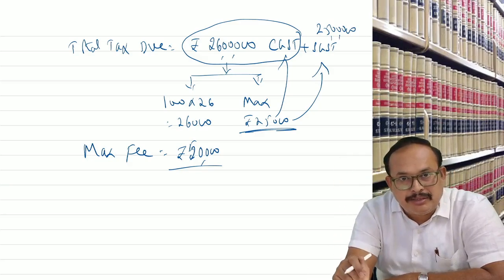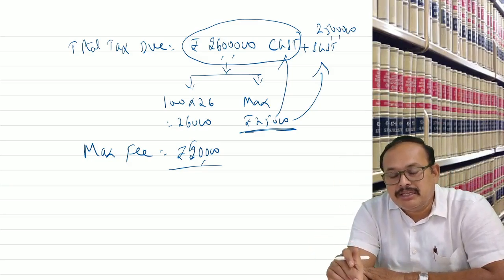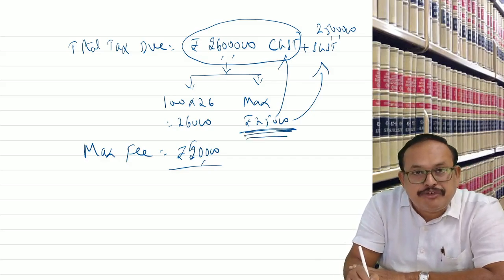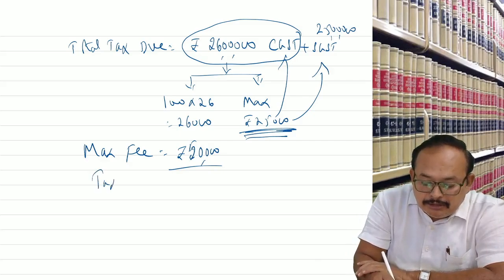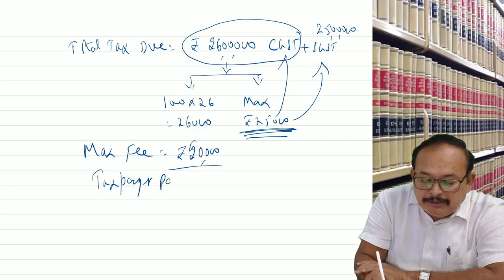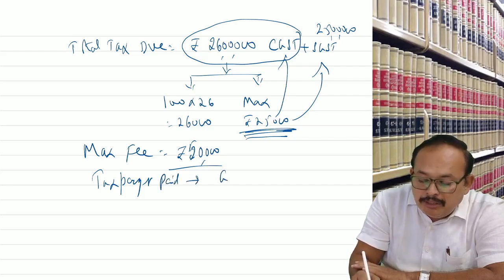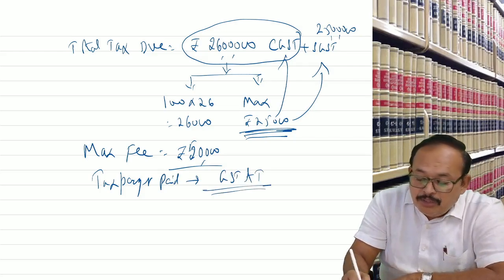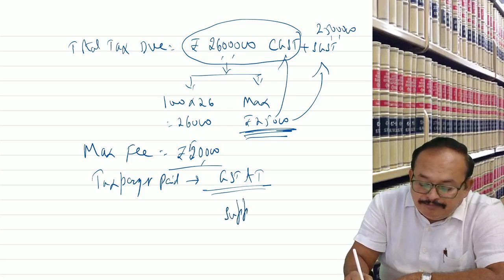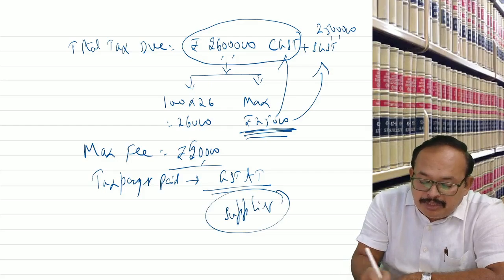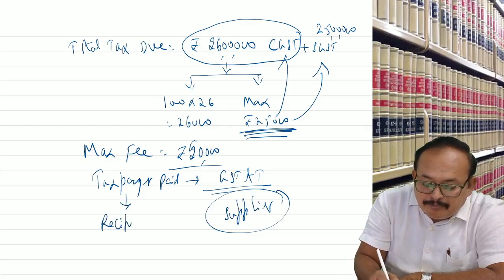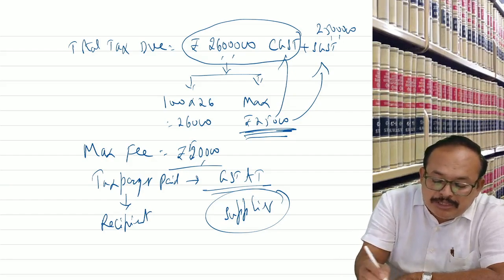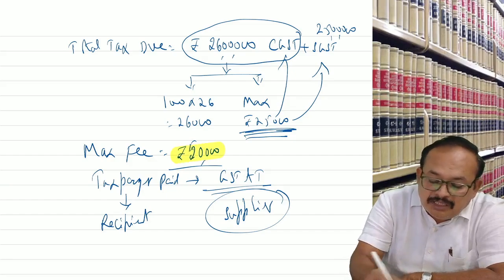50 lakhs of total tax demand, CGST and SGST together. In that case, as per the CGST, 25,000 maximum amount. As per SGST, maximum amount 25,000, which is 50,000. Who pays? The taxpayer pays. To whom? To the GST Appellate Tribunal. Now, who is the supplier for this? The supplier is the tribunal. The taxpayer is the recipient. Correct? If so, in the given case, does this fee of rupees 50,000 attract GST?